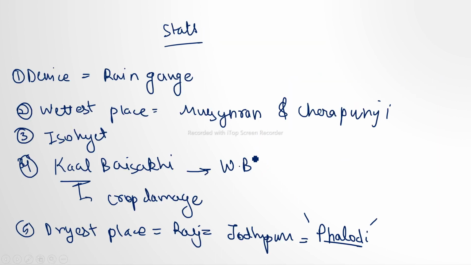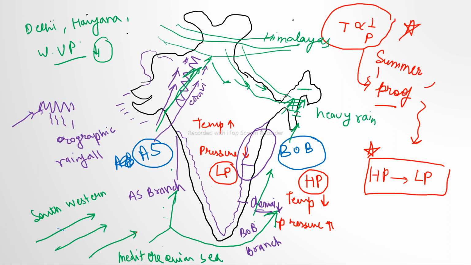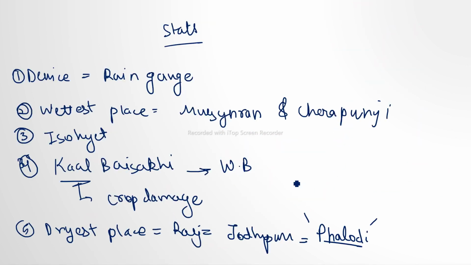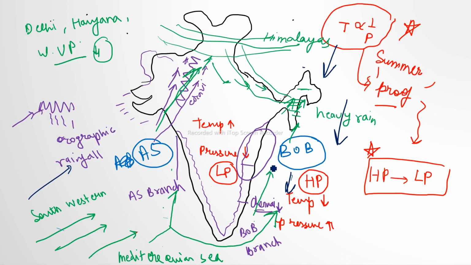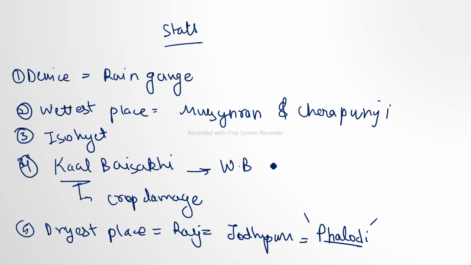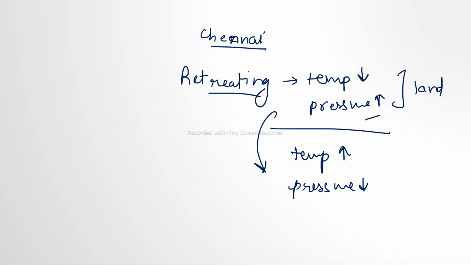यानी कि जो विंड्स आपकी पहले इस डायरेक्शन में मूव कर रही थी, अब वो जहाँ से गई थी वो वापस रिट्रीट होना शुरू हो जाएंगी. और जब वो वापस आएंगी, तो ये आपने देखा होगा मैप में, तब जो यहाँ से मॉइस्चर मिलेगा उन्हें वापस आते हुए, तब वो यहाँ पर रेन कॉज करेगी. वापस आते हुए रेन होती है कहाँ पर, चेन्नई में. ठीक है, सो चेन्नई में रिट्रीटिंग मानसून से रेन होती है. सो ये कंसेप्ट है. आई होप दैट इतना आप लोग को क्लियर हो गया होगा.